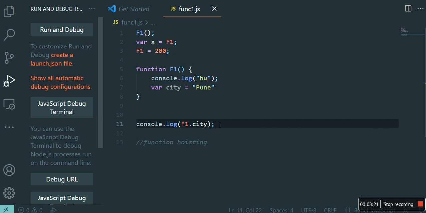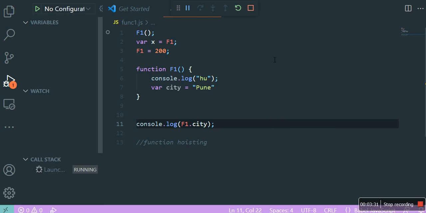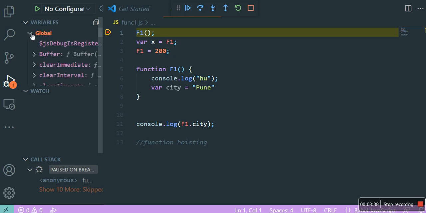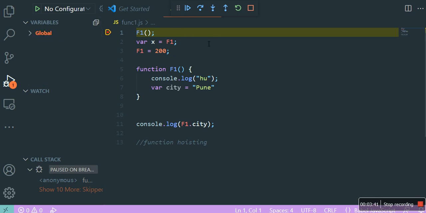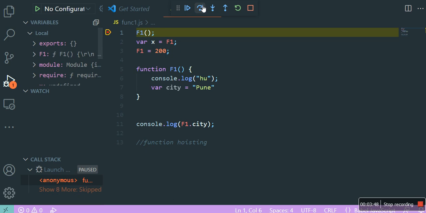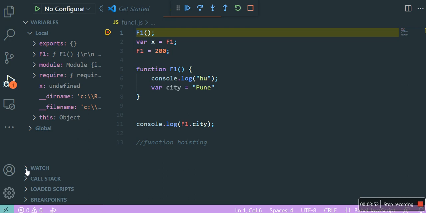Okay, what I will do, I will debug the code for you from line number one. Okay. Now watch, I am at line number one, correct?